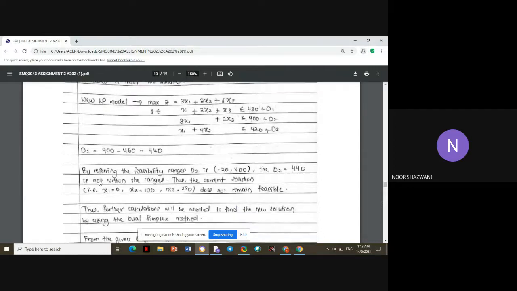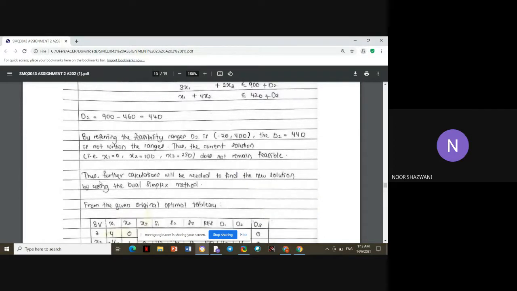So by referring to the feasibility range, D2 is negative 20 until 400. The value of D2 equals 440. It's not within the range. So the current solution, which is S1, S2, and S3, does not remain feasible. Because S1, S2, S3 do not remain feasible, we have to further the calculations to find the new solution by using the